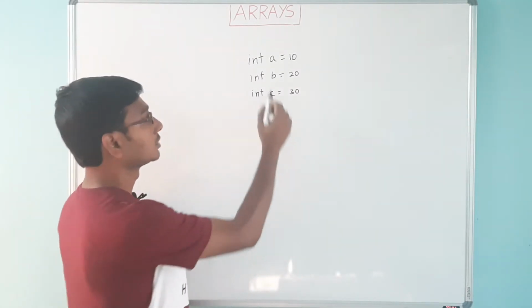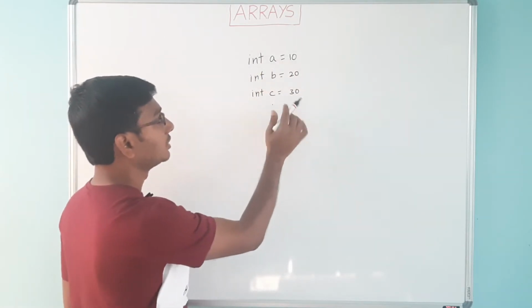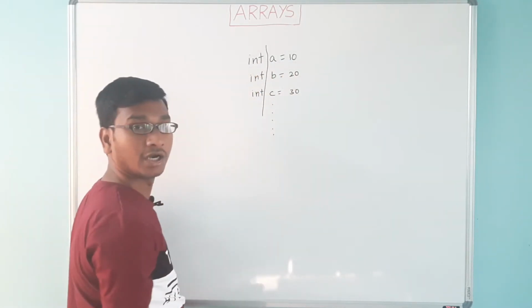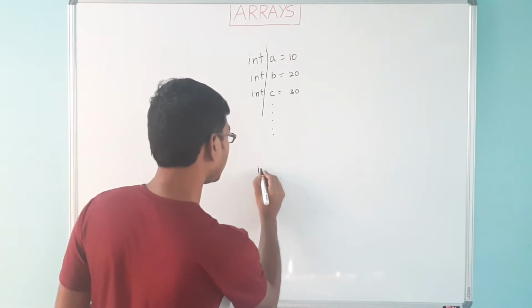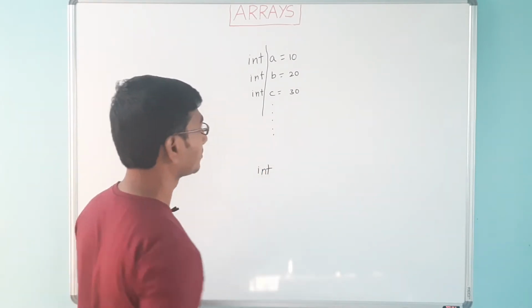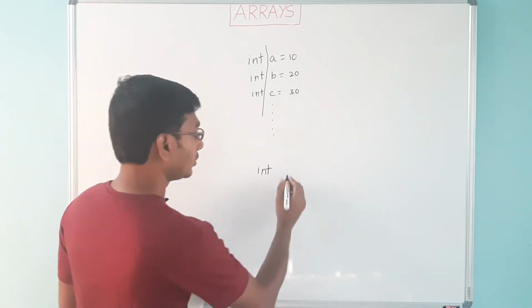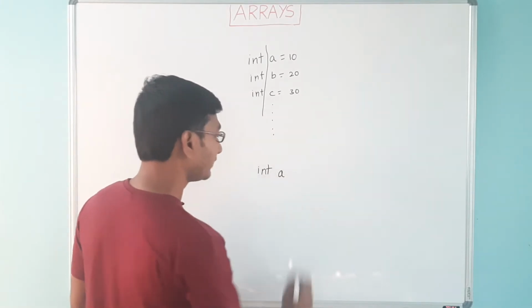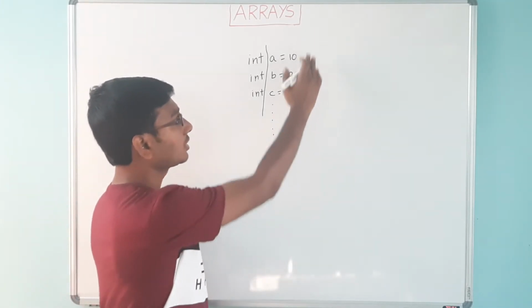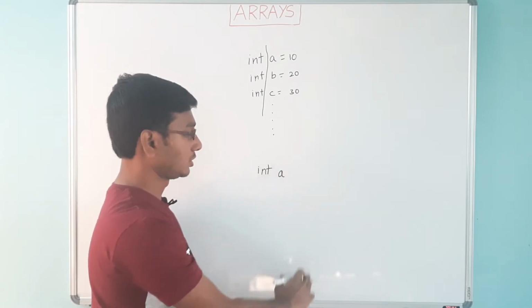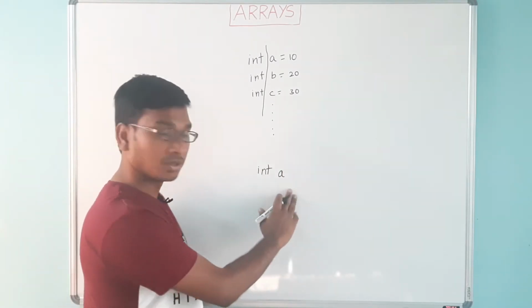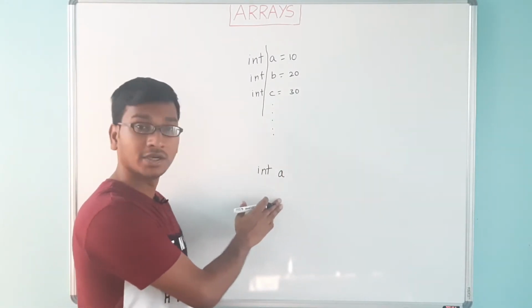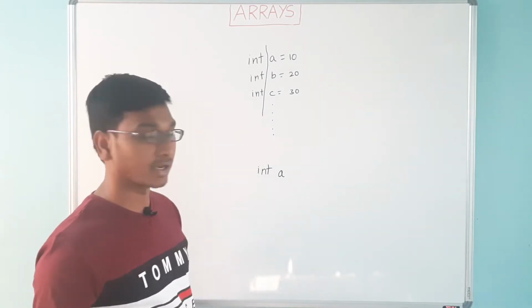If you observe, in all these variables, the common thing is data type. So let me put it here, the data type as integer in this example. And what if I have some variable defined here which will represent all these variables, right? So this looks simpler, right? This is what we call an array. So let's define an array now.